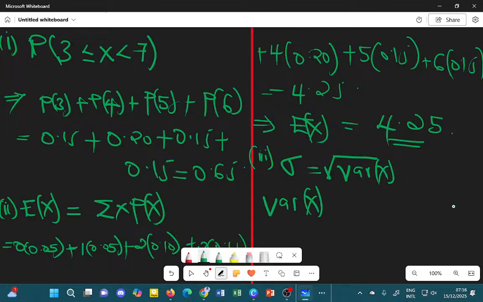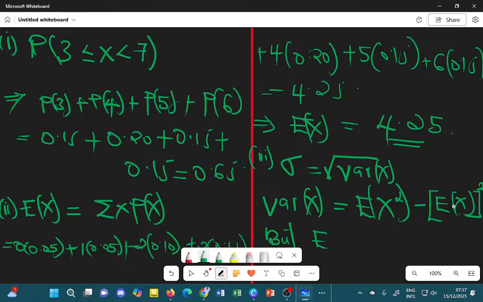Variance of x is given by expected value of x squared minus expected value of x, squared. Here we square the expected value of x, the mean. We square the mean, minus the mean. But expected value of x squared is given by